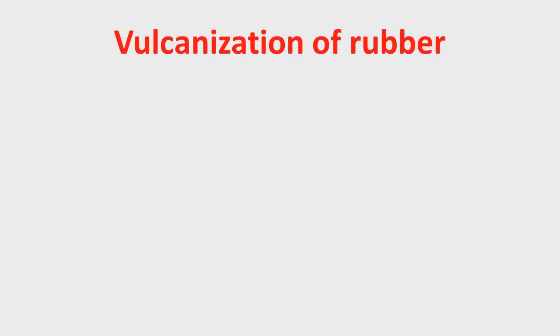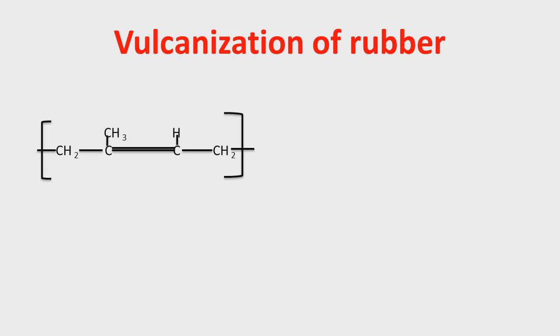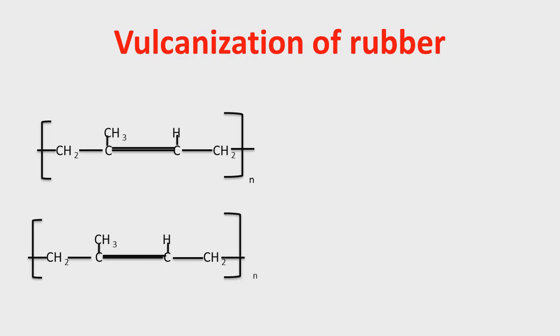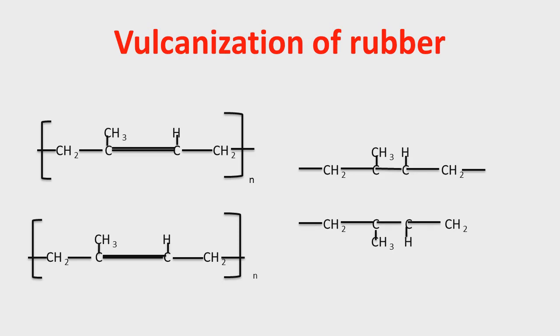Let me explain vulcanization of rubber. So let me first draw the structure of natural rubber, which is also called polyisoprene. So this is the structure of natural rubber. Similarly, let me draw another structure of natural rubber, which is also called polyisoprene. So both these are structures of natural rubber. So what exactly will happen in this case? Two double bonds try to break and there will be cross linking with the sulfur. Now you can see in this structure, two double bonds break and there is cross linking with the sulfur to form disulfide linkages or sulfide linkages in the structure.